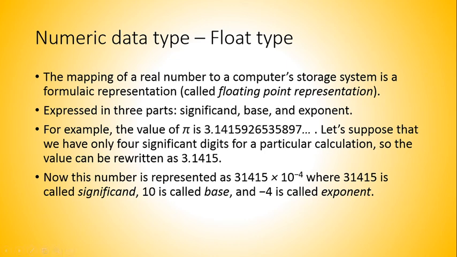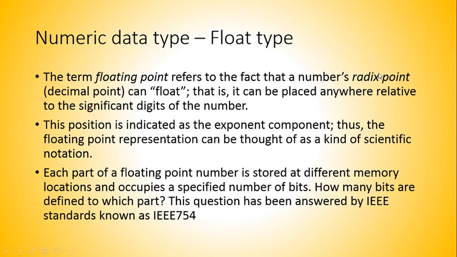As I have already mentioned, there are 3 main parts of a floating point number: significand, base, and exponent. The part which is left is called sign. The sign is an important part which also plays an important role in memory allocation.